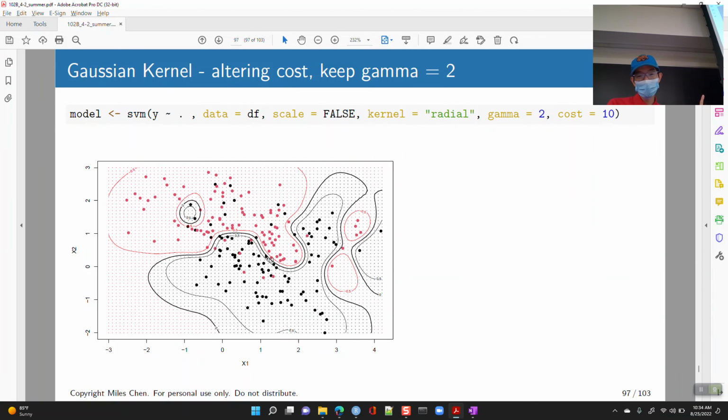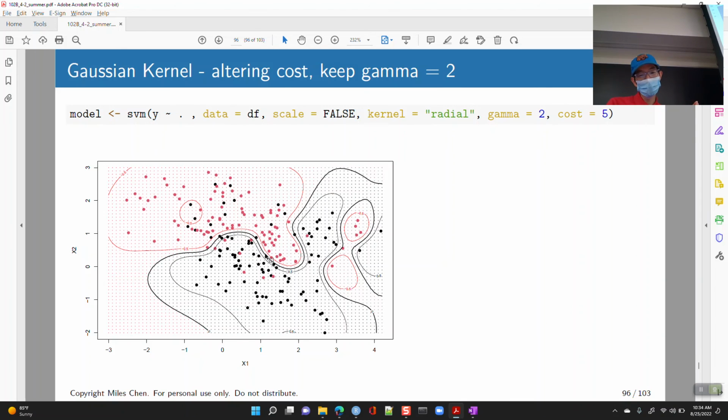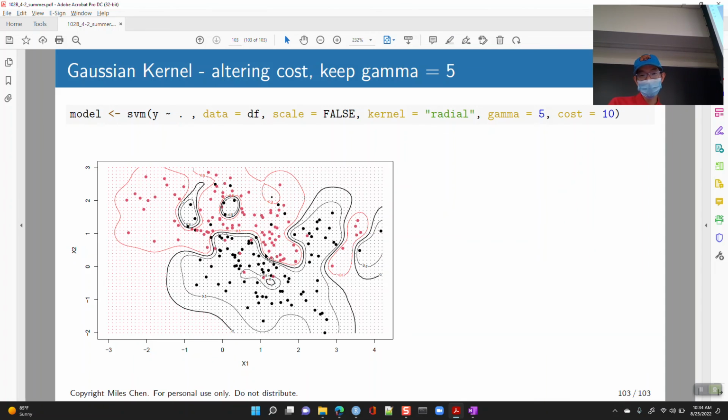But again, each individual point is able to exert a little bit more influence on where these boundaries get drawn. Here's gamma 5, and as I increase the cost with gamma equal to 5,